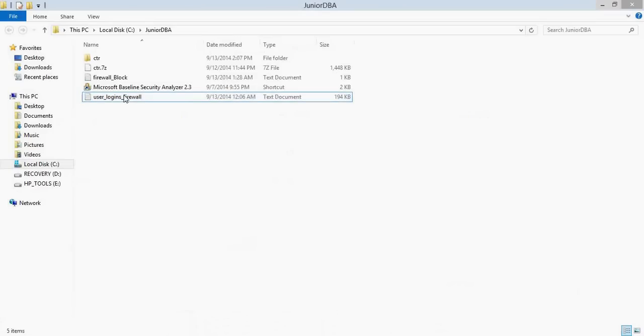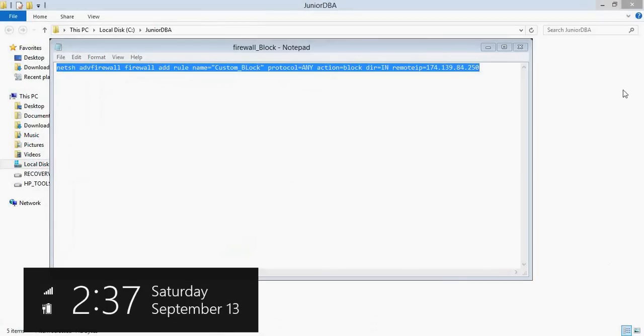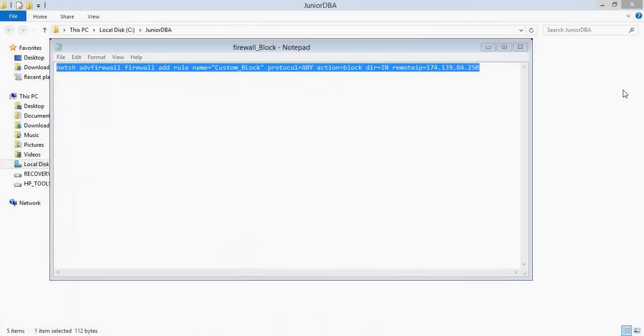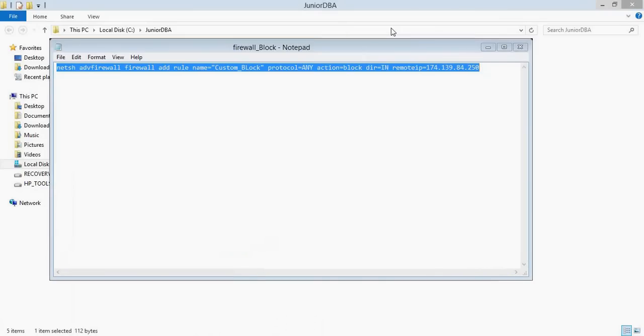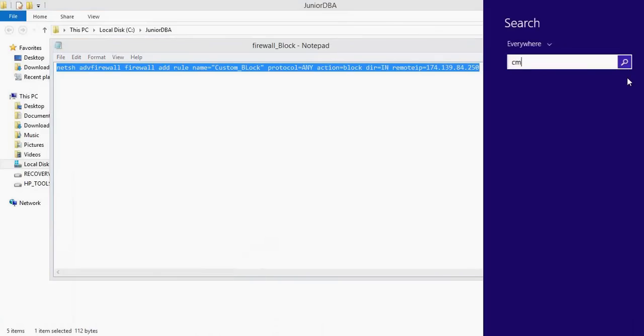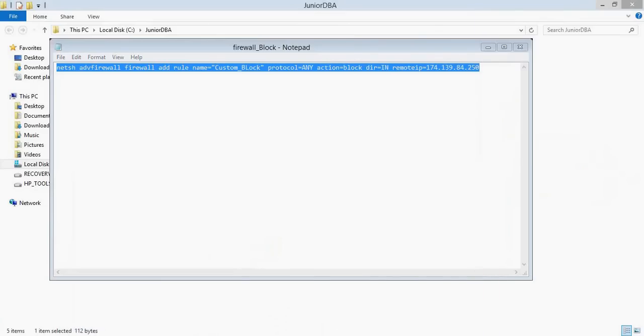To block it, there is a very simple way. Here is the text, and now I will show you how to do it. Open it with run as administrator.